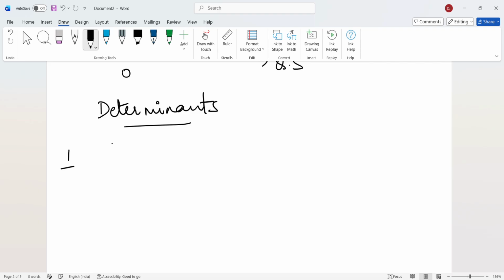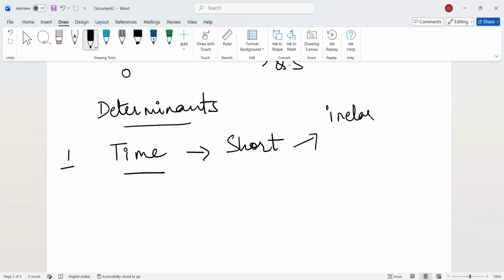All right. The first factor affecting it is time. The shorter the time you have, the less easily a producer can make resources available. You cannot build a factory in a day or two. You need time for that. And if you cannot build a factory, you cannot have production, you cannot offer your goods for sale, so your supply cannot increase. So the shorter the time you have, the more inelastic